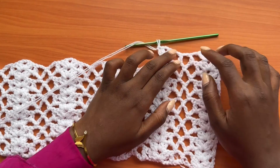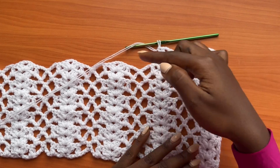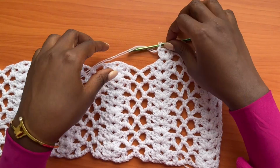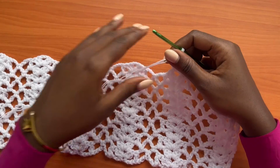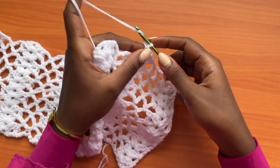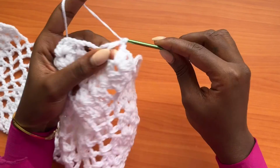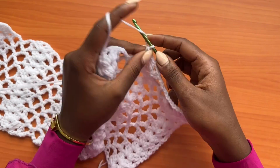So you can see here, it's almost invisible. It's making the work flat. So we're going to continue that all the way across. I'm going to demonstrate it one more time. After the shell, we make a chain of 2, 1 double crochet into the chain 3 space, chain 2,